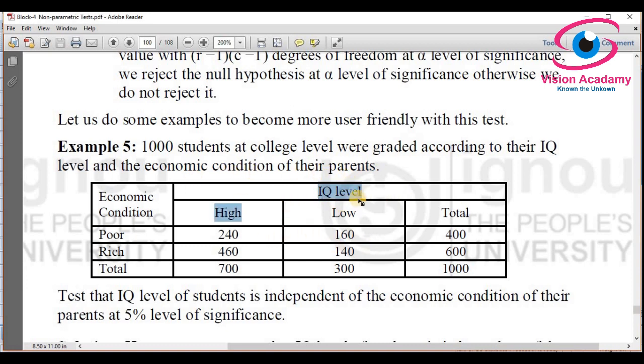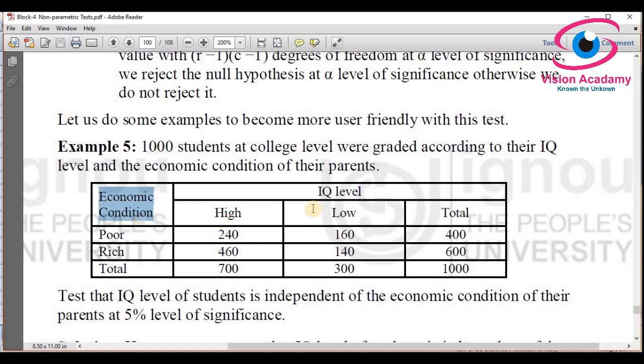So here, IQ level and economic condition, we have two variables and those variables' frequency is also given. They have asked us to test whether IQ level of student is independent of economic condition of their parents at 5% level of significance. So in this case, first of all, let us enter data in SPSS software and later we can calculate this as a special case.